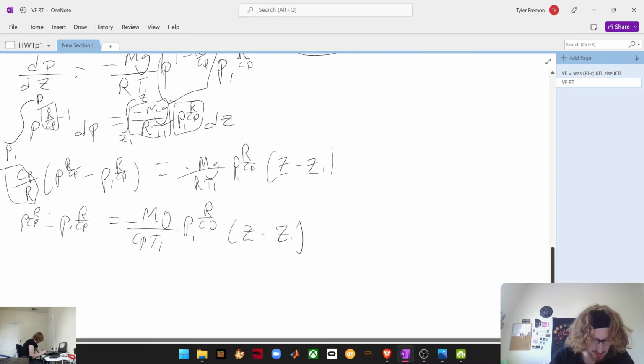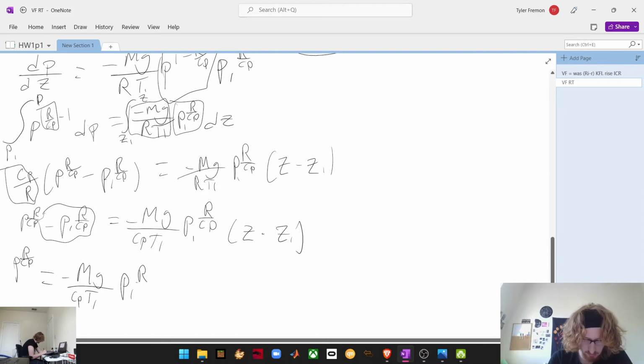And then we can add this P1 over. So we have P to the R over Cp is equal to negative mg over Cp T1 times P1 to the R over Cp times z minus z1